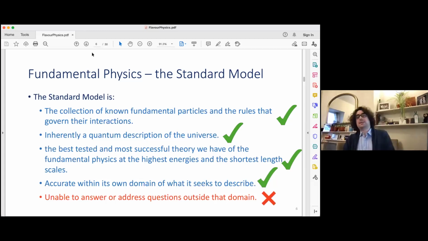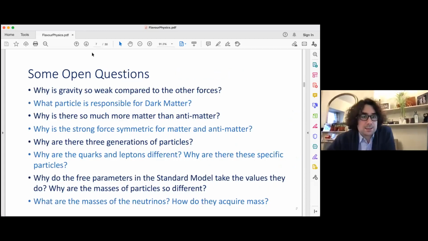But I think it's fair to say that it is also unable to answer or address questions outside of its own domain. So we consider this. Here are some open questions which the Standard Model doesn't really answer. Why is gravity so weak compared to the other forces? Gravity isn't, in fact, even within the Standard Model, and it doesn't need to be to explain the interactions we see, for example, at the LHC, because gravity is so weak, we don't notice gravity in the collisions at the LHC. It doesn't have a particle that we can think of